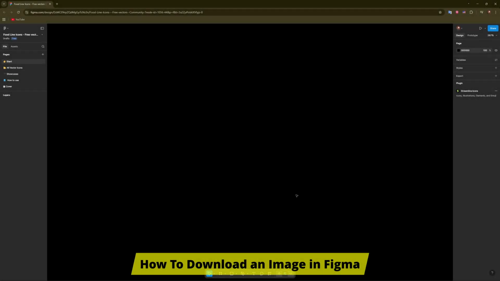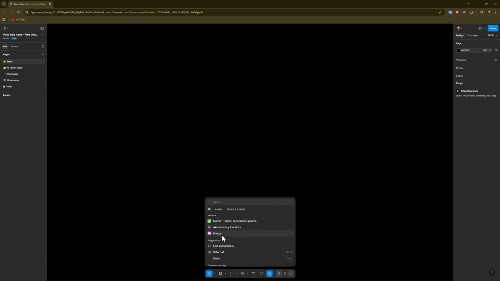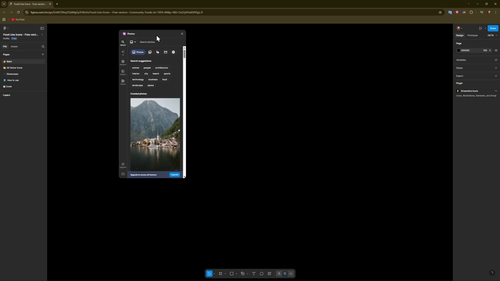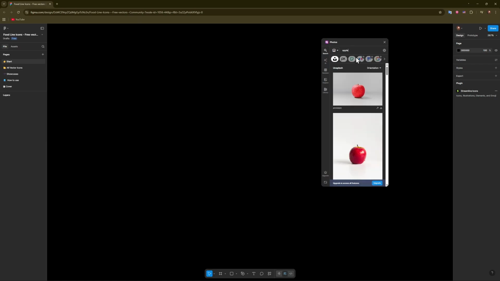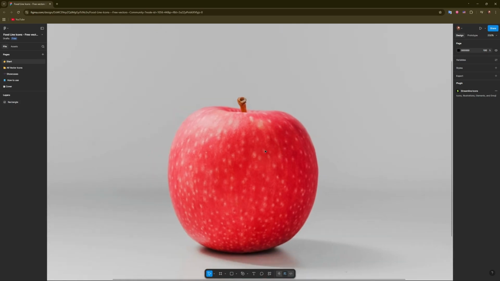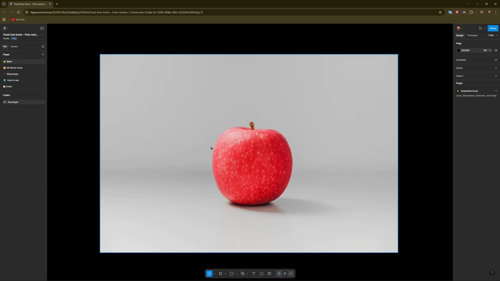In this video I'll show you how to easily download an image in Figma. Let me just add something. For example, I will use this photos extension. I will search for, for example, apple. Right, let us place the apple, and now as you can see this image is going to be on our